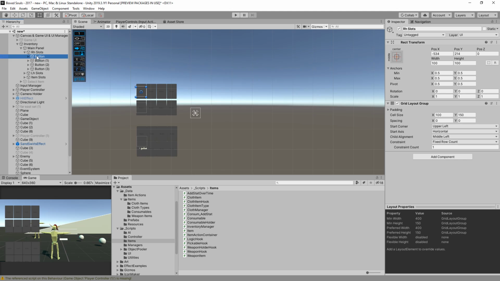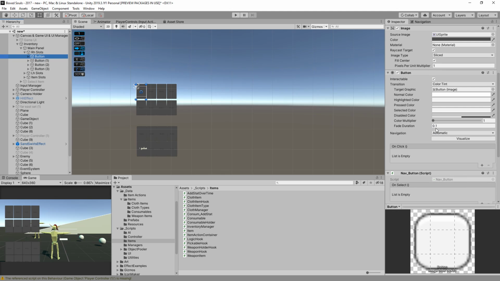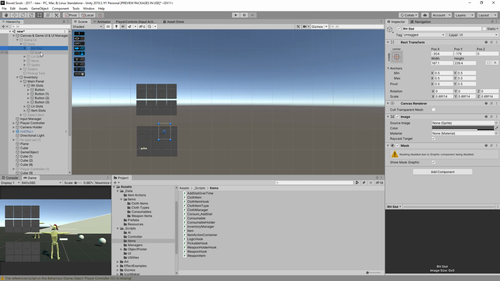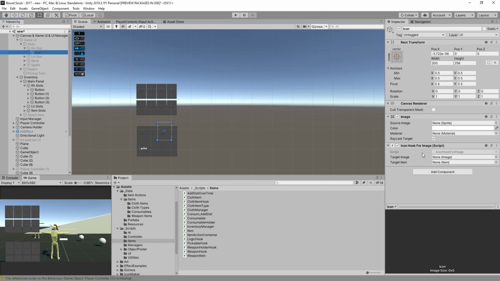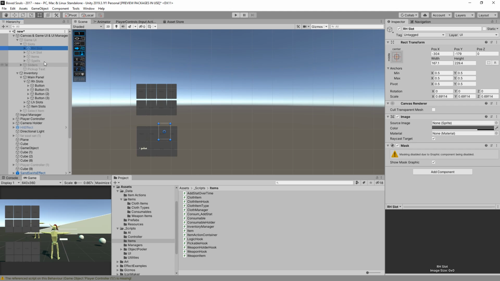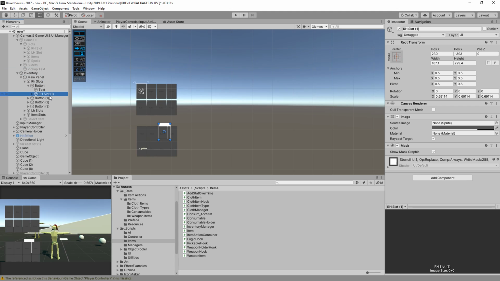Now, obviously, this needs to have a hook like the same slots we have over here, which are going to be using the icon hook for image and so on. Okay, so let's copy this slot entirely, and I'm going to drag and drop it below here. Then let's set this to 0,